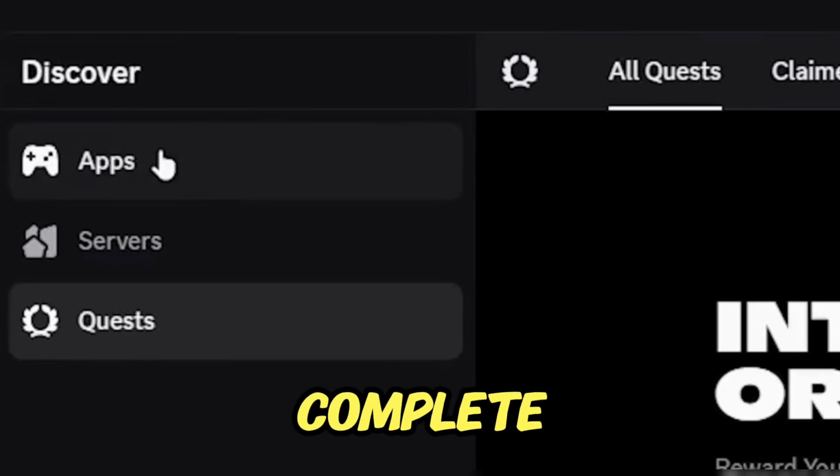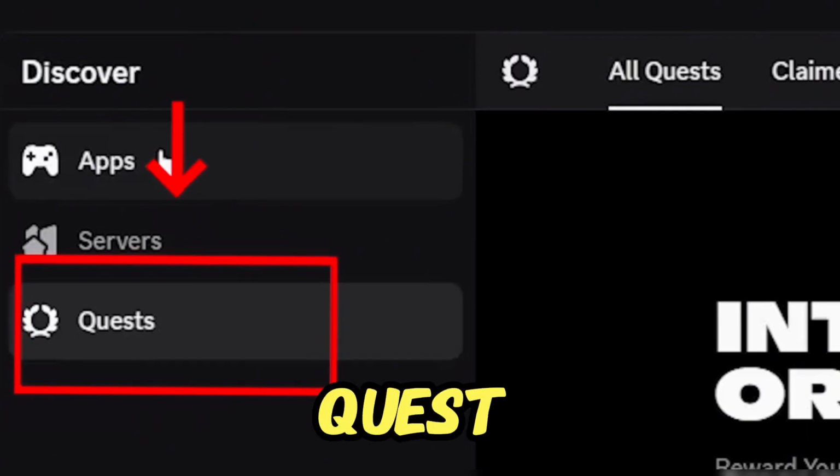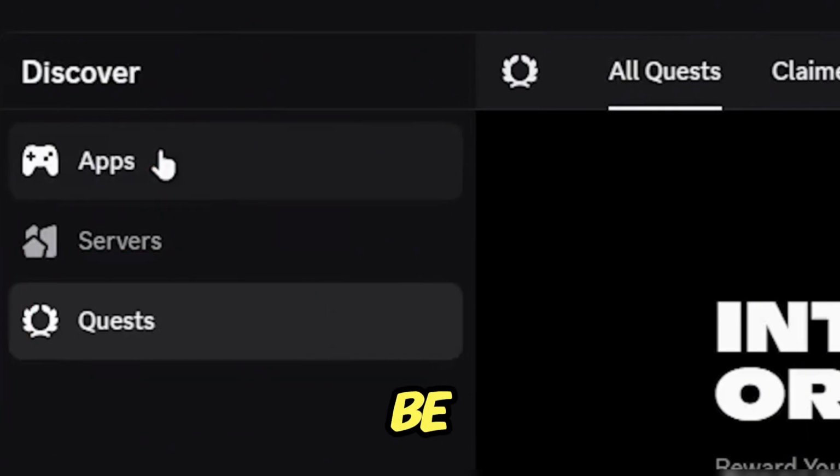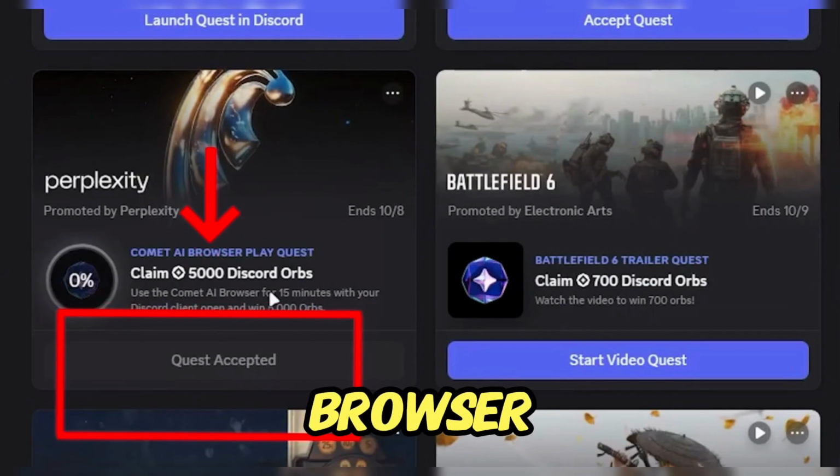Here's how to complete the Comet AI Browser Playcast quest on Discord. First, in the Discord application, click on the Apps option and then click on Cast. Afterwards, you will be able to see this page. Now what you need to do is scroll down until you see the Comet AI Browser Playcast, and